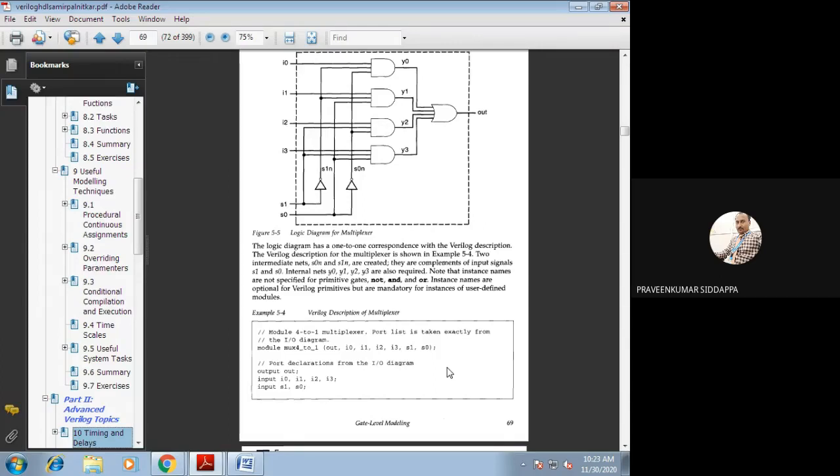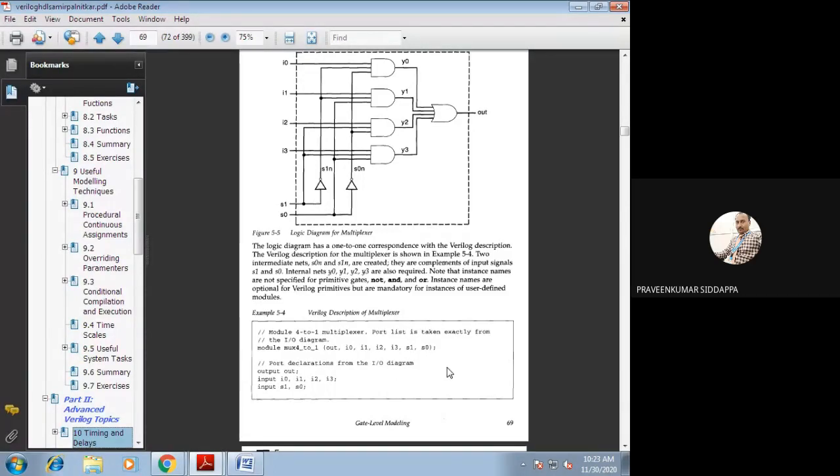Is it clear? Yes, sir. So whatever variables you have used in your designing part, the same variables should be in your code also. Remember it. In your designing part, I have used 4 inputs, I0, I1, I2, I3, and another 2 inputs, S1 and S0, which are the 2 select lines.